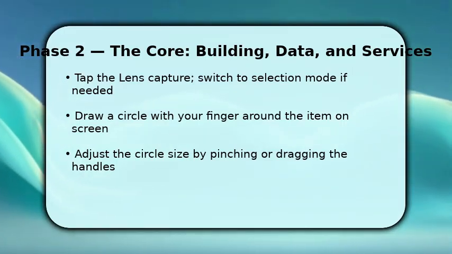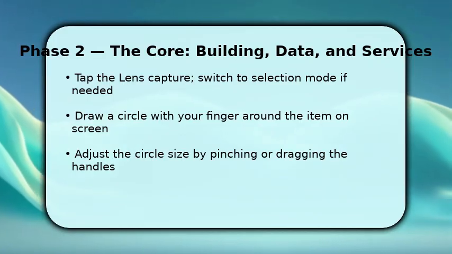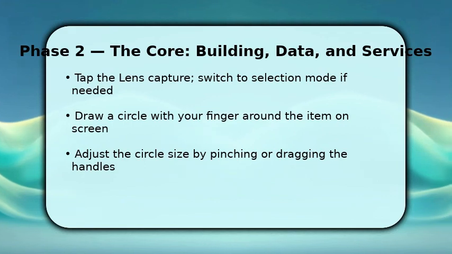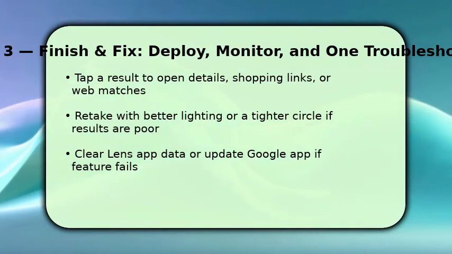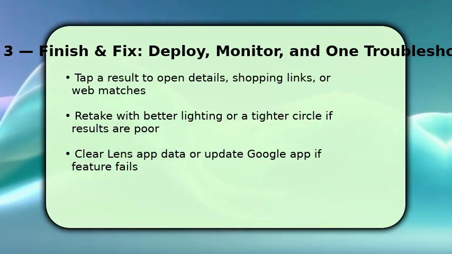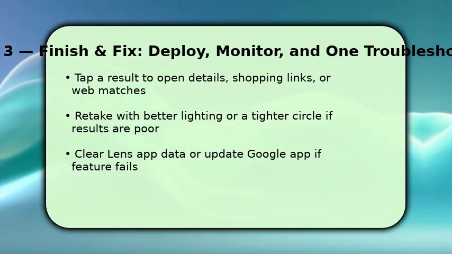The phone sends just that circled area for recognition, so you finish by reviewing the Lens results. Tap any match to see details, shopping links, or web pages. If results aren't useful, retake the photo with better lighting, a closer frame, or a tighter circle that usually fixes